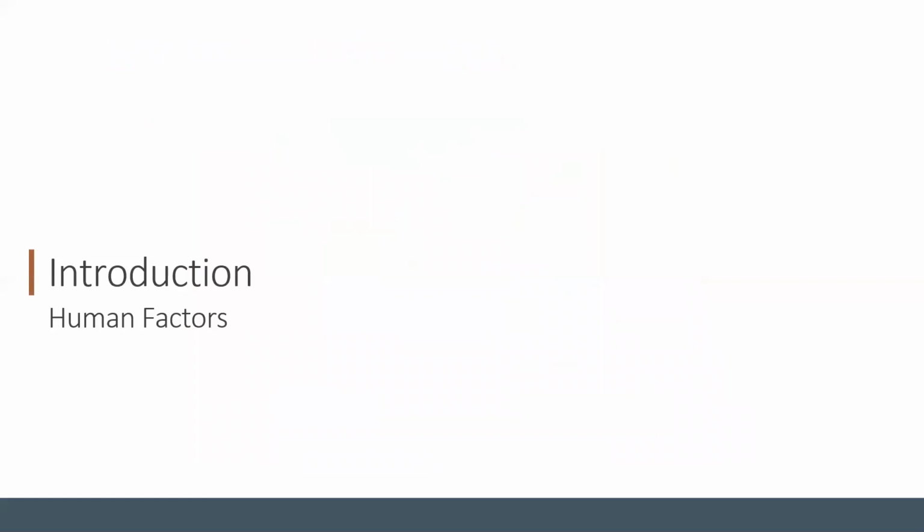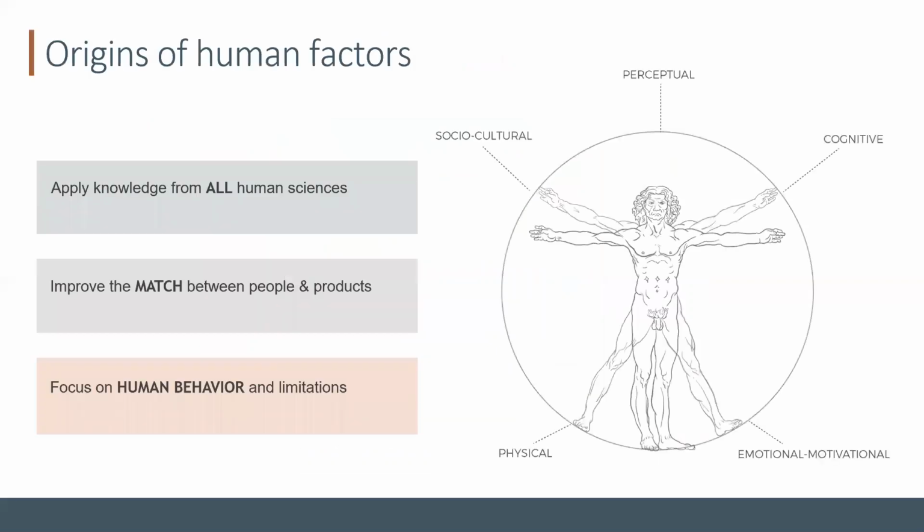Human factors will play into that, and I'll show another diagram in a minute that links back to that waterfall diagram. So with human factors, we can go to the next slide. Human factors is going to apply the knowledge of human sciences to the design of things. So what we know from